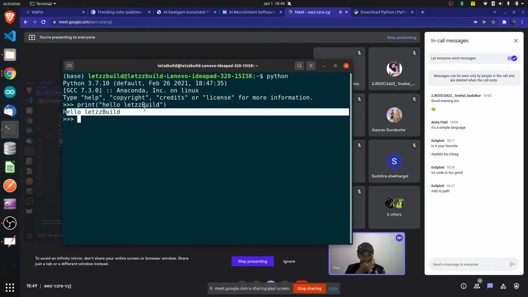You don't get this shell in a compiled language. In a compiled language, you have to open a file, give it some name, write a program inside that file and run that file. But in an interpreted language, you can run a Python program without creating any file.